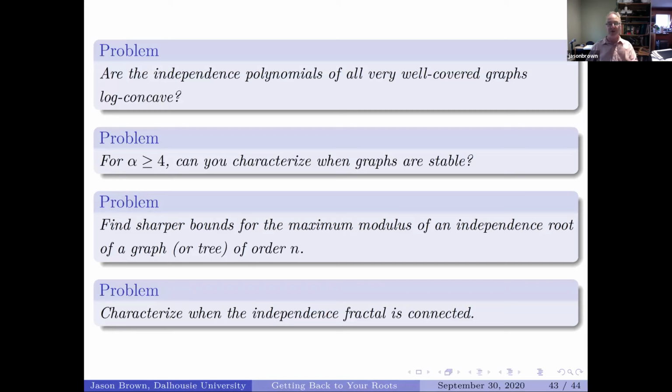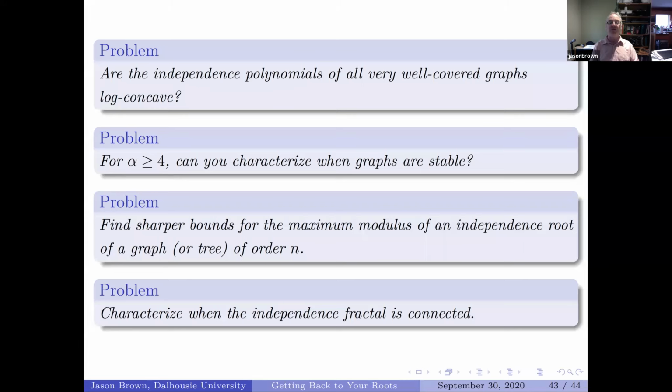Well, in independence polynomials, the answer is really quite different. My student Ben Cameron and I could prove that there were purely imaginary independence roots. In particular, we can show often i and minus i can be independence roots when the independence number is bigger than 4. When it's less than 4, there aren't any purely imaginary roots at all. In fact, 0 cannot be a purely imaginary root. It's never a root of an independence polynomial.